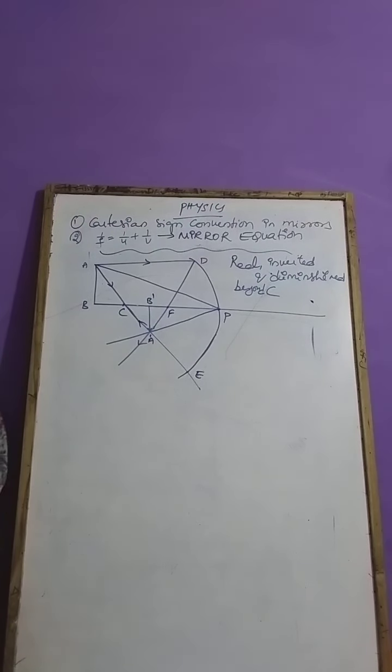So here are some points, students. In your SSC previously they used to teach these topics, where the object should be placed and where we will get the image. If the object is placed beyond the center of curvature, then the image will be formed between the center of curvature and the focus. And what type of image is that? Real, inverted and diminished. A virtual image can also be formed, so various situations will be there. All these situations may come as objective questions in your competitive exams, so please make a note of all those things later. But as far as this topic is concerned, this is enough.